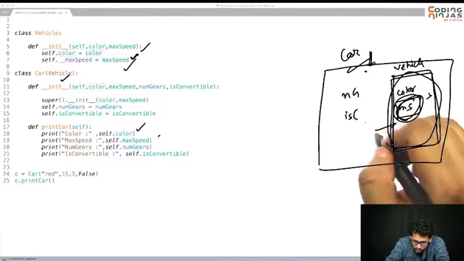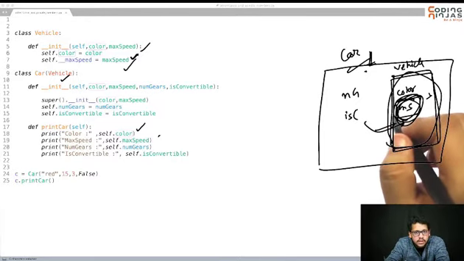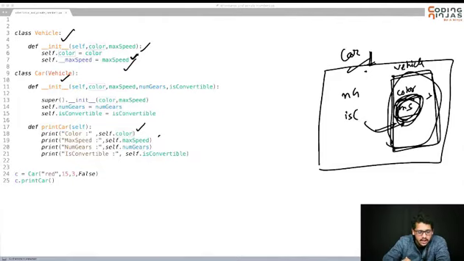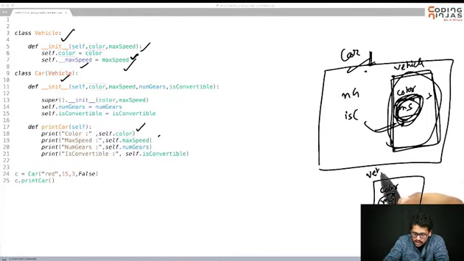So if you have to go through vehicle, how can you access this member? Every function of this class will have access to this max speed. So if I have a vehicle class with color and max speed, I can have a get max speed function which will access this max speed, and a set max speed function which will also have access to max speed. So this vehicle can have getter and setter functions, through which it can access and change the max speed.